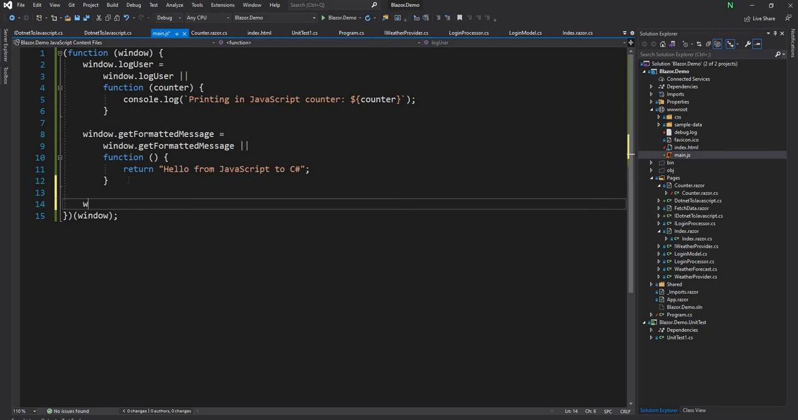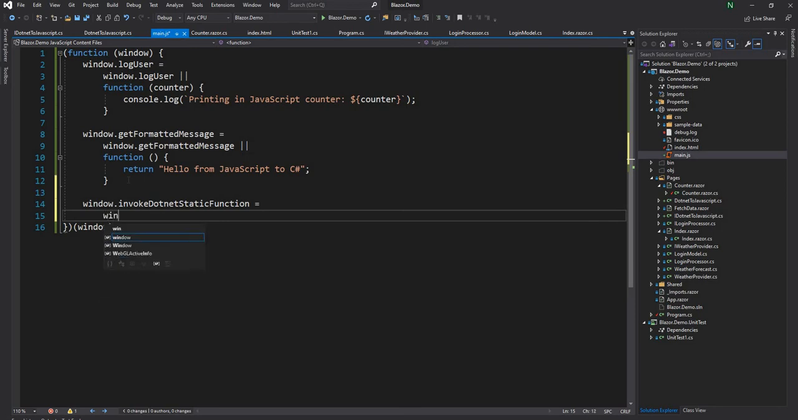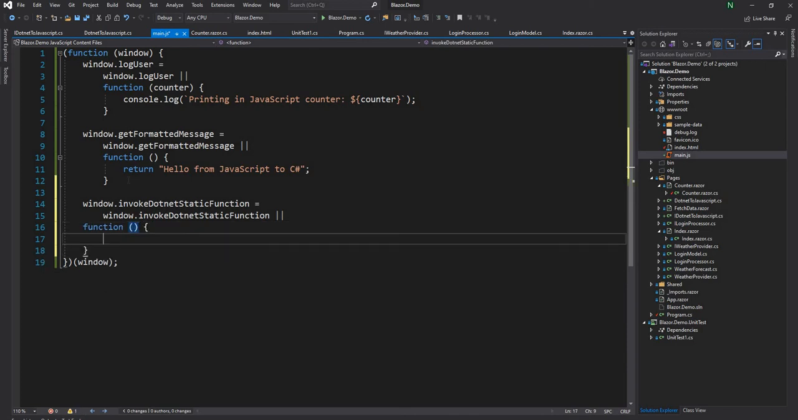So now I'm going to do window dot invoke .NET static function. So that's the name of my method, and just like before, I'm going to do window dot invoke or function. And here for invoking a .NET function, there is already a type which is available as a part of the Blazor JS, and it is called .NET, and we can do .NET dot invoke